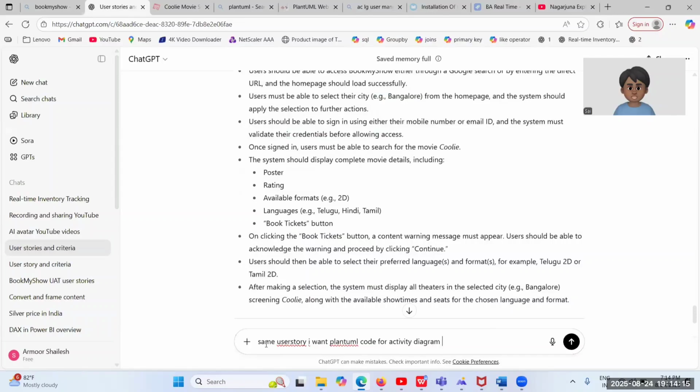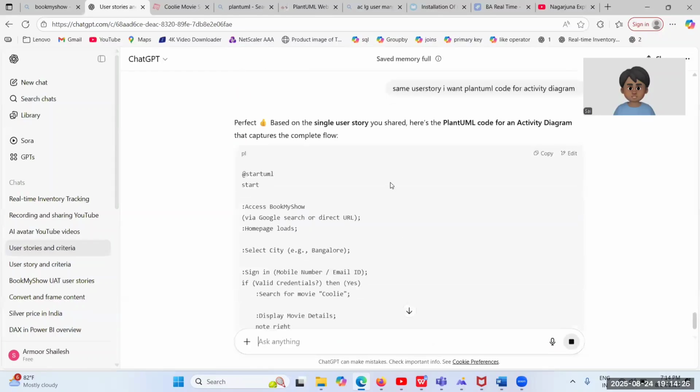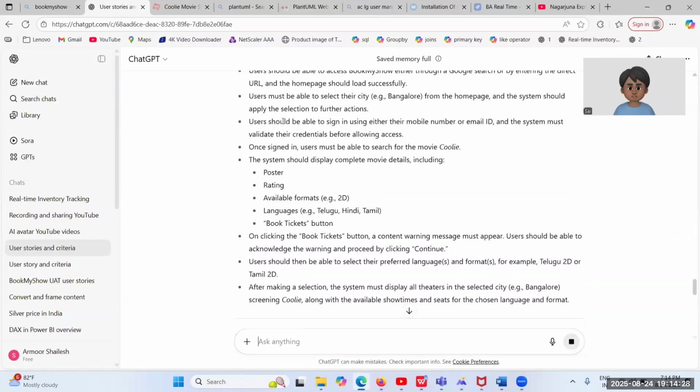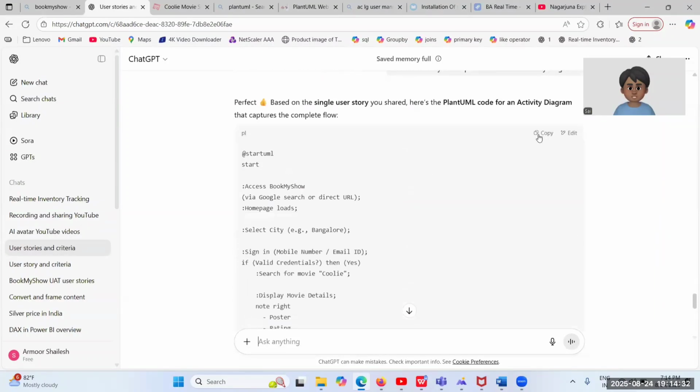And I'll click on enter. PlantUML is a kind of website. Okay, website. I'll click on enter. Now you will get the complete code of this user story. This user story, you will get the code. So you need to copy here. You will see the option called copy and